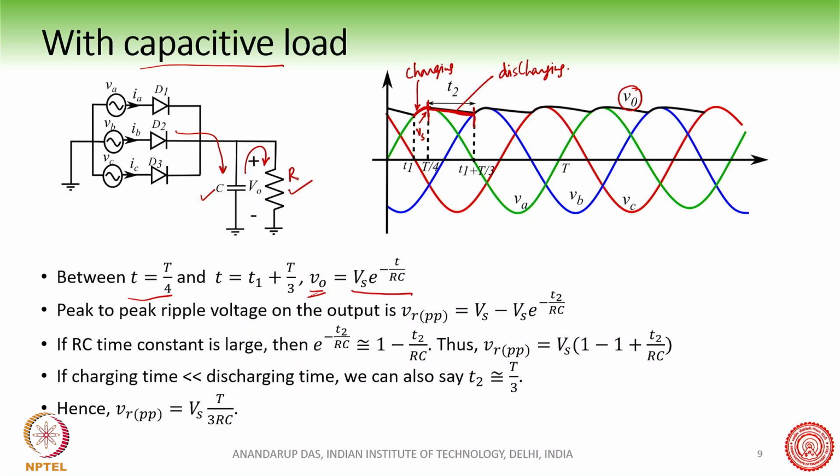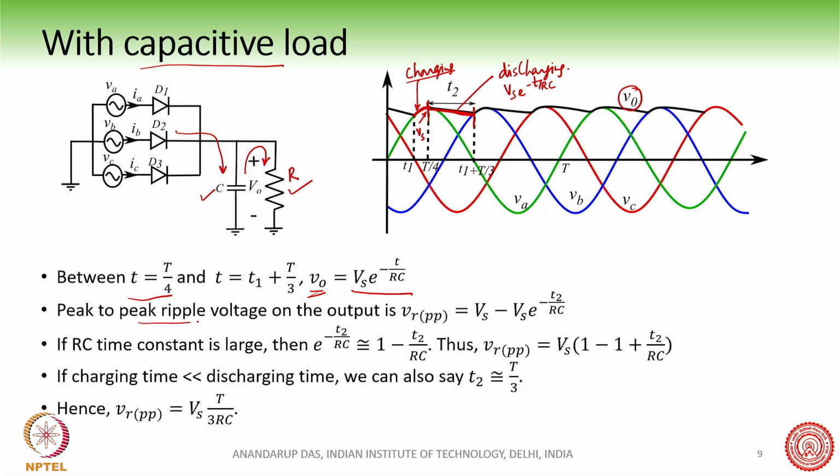So this is the R here. Through this RC circuit, the capacitor discharges as Vs e to the power minus t by RC. This is where it is discharging. And during this period, when it is charging, one of the diodes will be conducting and the output will follow the input voltage during the charging period. We have already discussed this in lecture 2, so you can have a look at it.